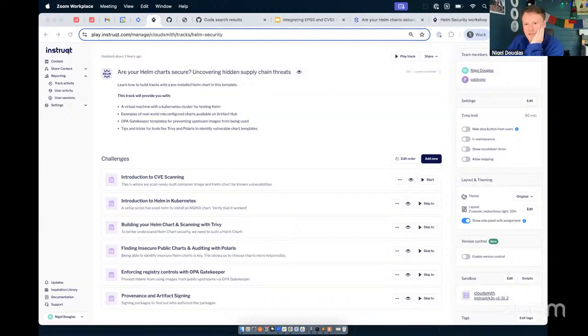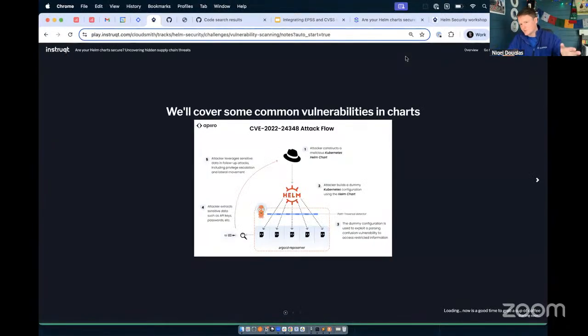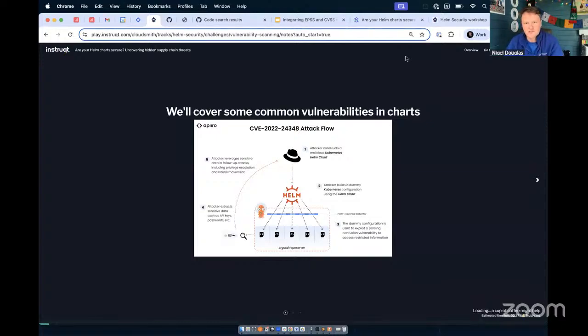So we're using a tool called Instruct for today's session. Since I'm an admin on this one, I'm just going to click play, and you should all see the same thing once you've filled out a first name, last name, and an email address. So why we're using Instruct today, what we want to do is recreate Kubernetes first of all,